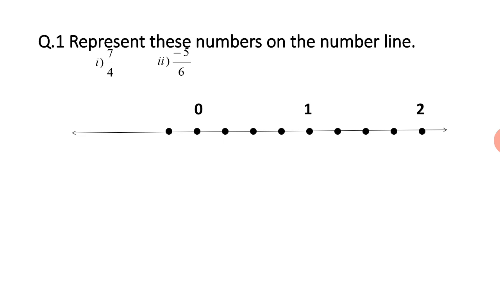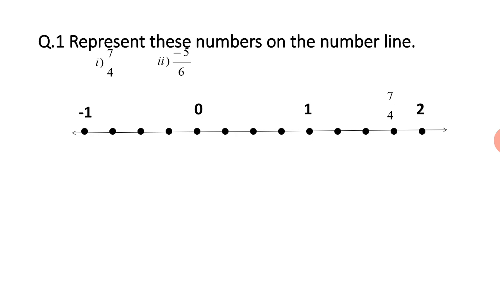Now, on the negative side, we get it as -1 and 4 divisions in between. Now children, this is 7 by 4. How do you understand? So children, each distance is 1/4 of the entire unit distance. So next to 0 will be always 1 by 4 on the right hand side. Next to it 2 by 4, then 3 by 4, 4 by 4.